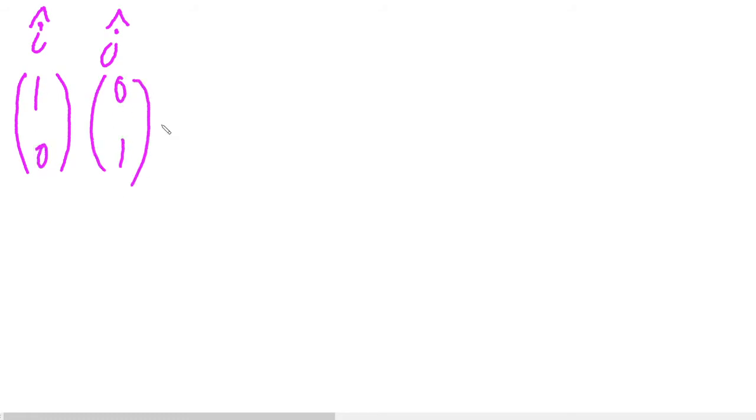So the issue I wanted to talk about here is thinking about the unit vectors i and j, or i hat and j hat. Basically, you guys already know that i and j represent the vectors (1, 0) and (0, 1) respectively, where the first one is unit movement in the positive x direction, and the second is unit movement in the positive y direction. And the reason I wanted to say this is because